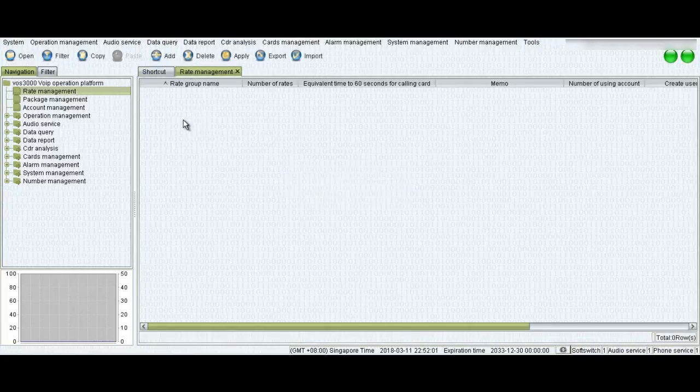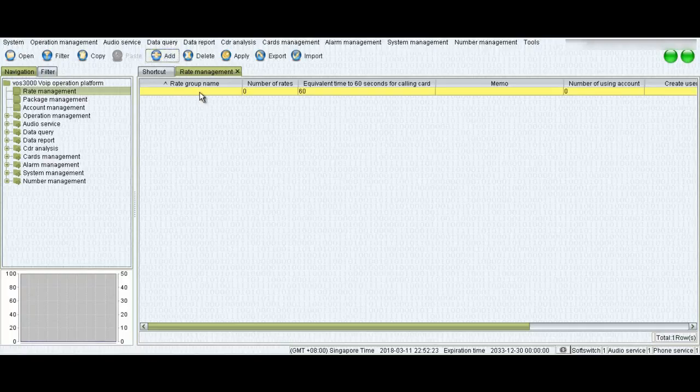Okay, then we have filter. We'll see this option later on. Then we have copy and paste, which is disabled right now. Then we have the add button. By clicking add, you can add the rate group.